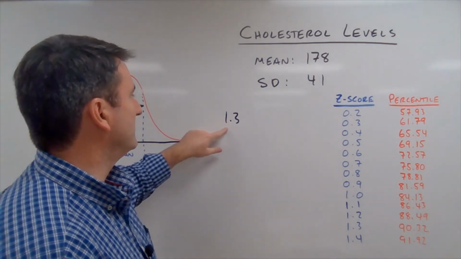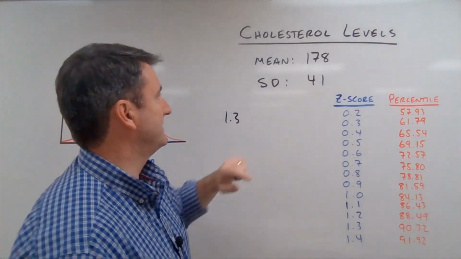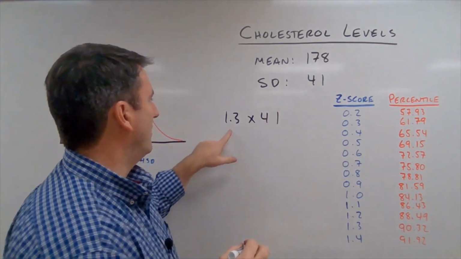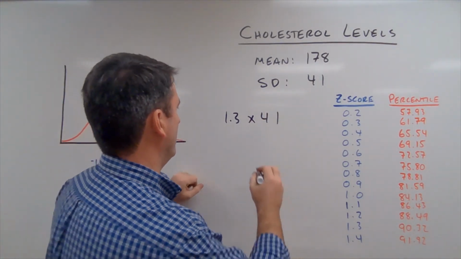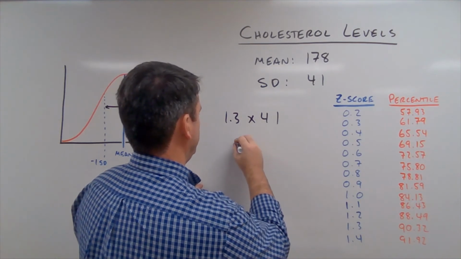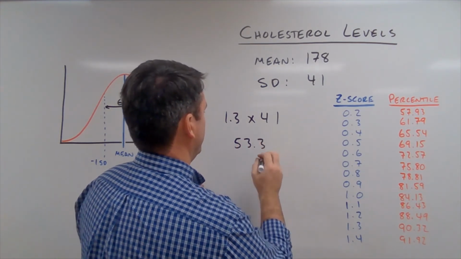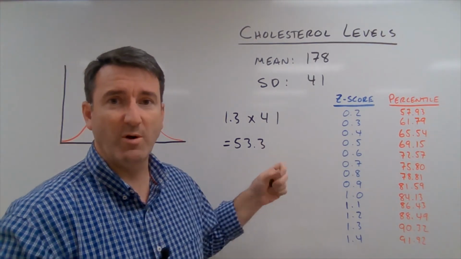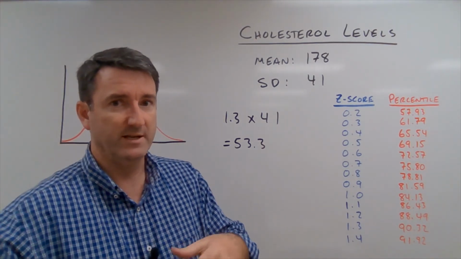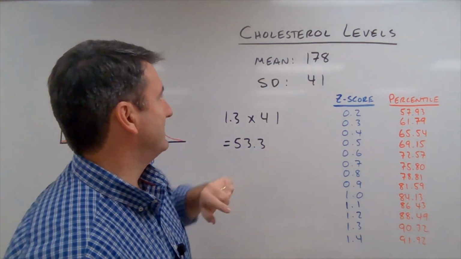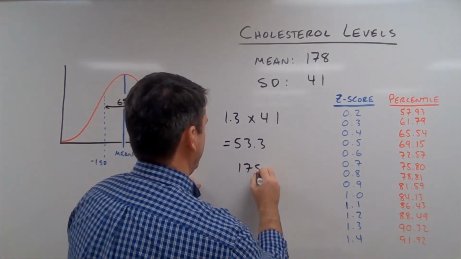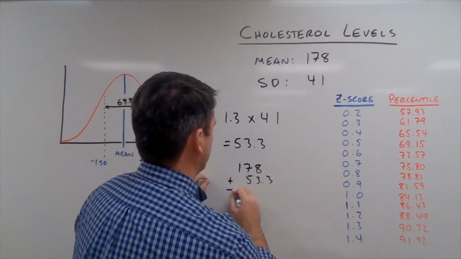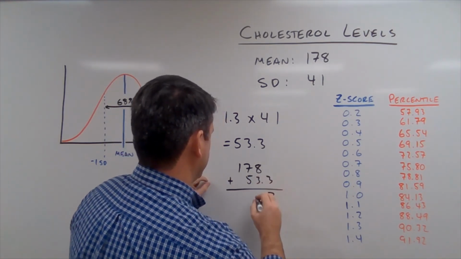So let's multiply this by our standard deviation, which is 41. So 1.3 times 41 is going to be 53.3. So we're 53.3 points above the mean. And now we can add that to the mean. So 178 is our mean, plus we're 53.3 points above the mean. That's going to be